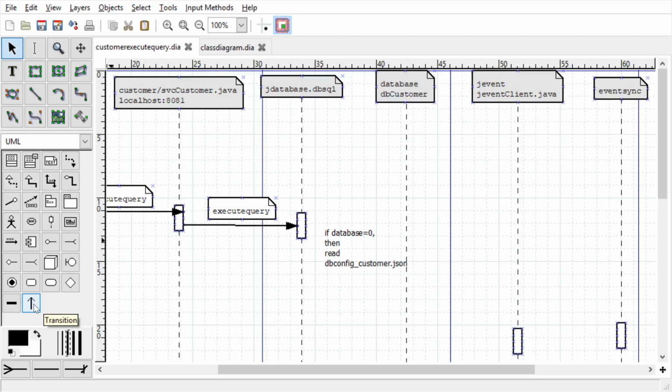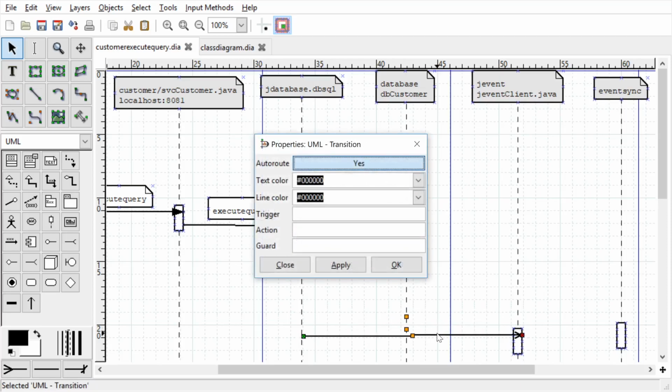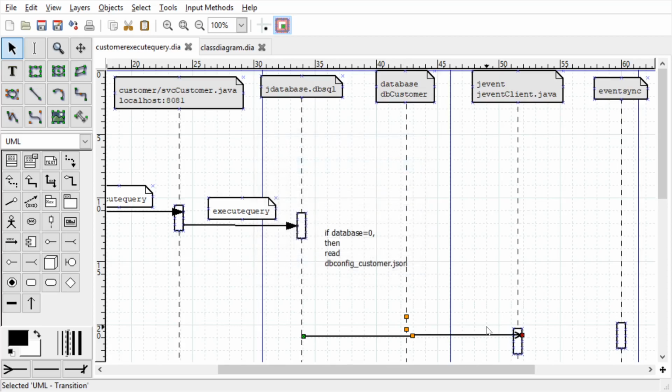Transition, is it transition? Text color, it doesn't let you, I think I've not selected the right object.